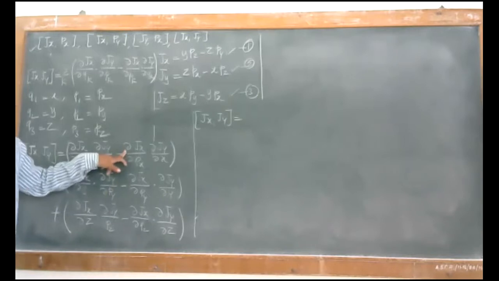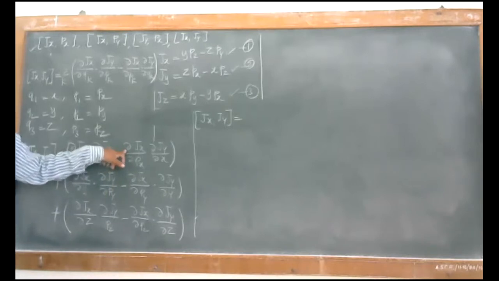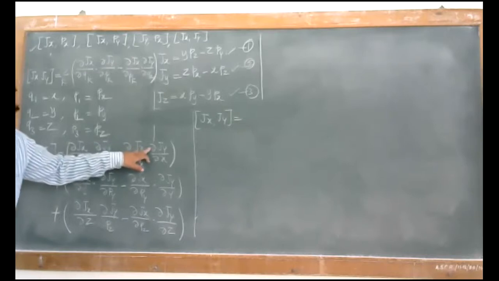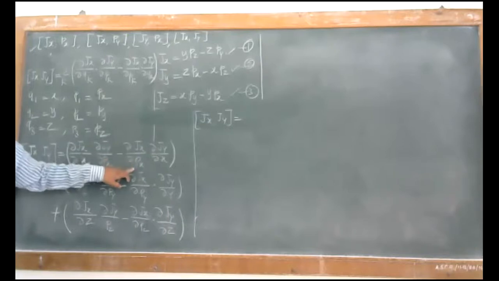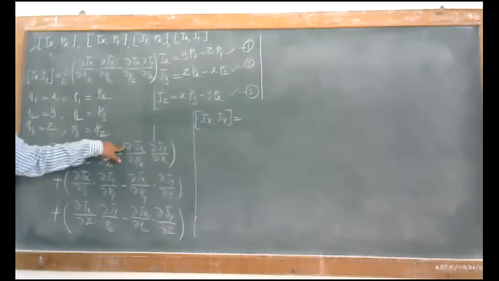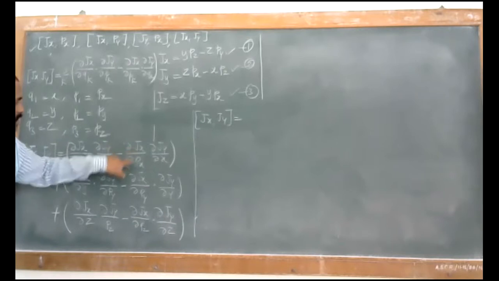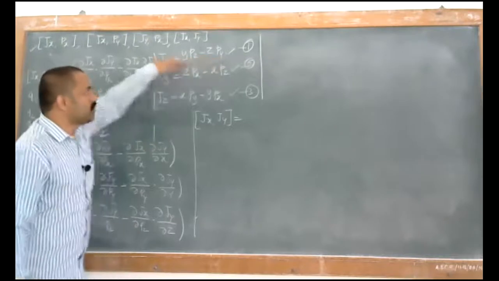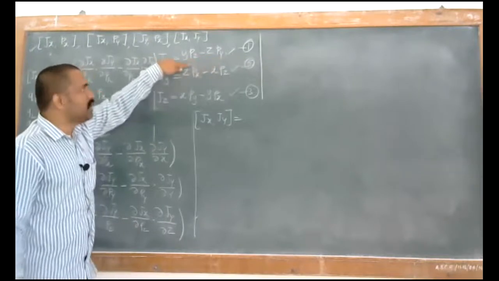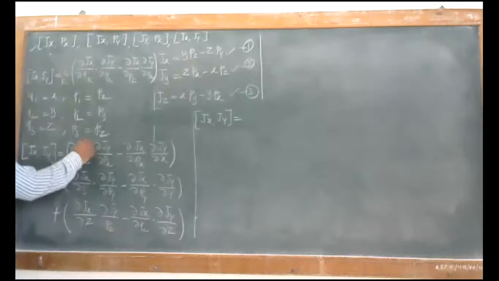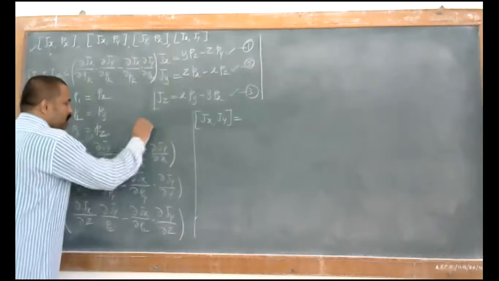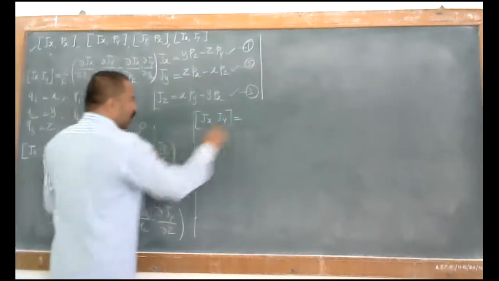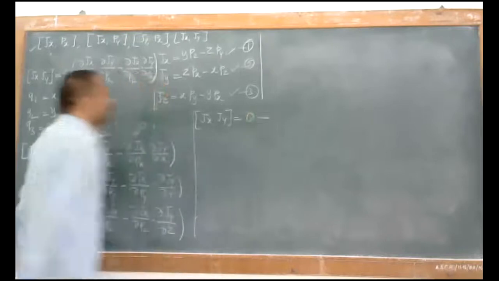Now look at this one. This second thing is like this: ∂jy/∂x, okay, here one value is ∂jx/∂px. Now just look at this, the value ∂jx that varies with respect to px. There is no value of px here, so ∂jx/∂x will be 0 and ∂jx/∂px will be 0, and therefore the value of the entire first bracket comes out to be 0.